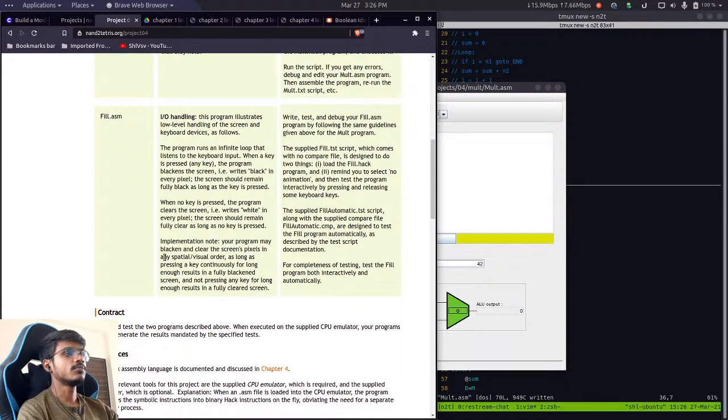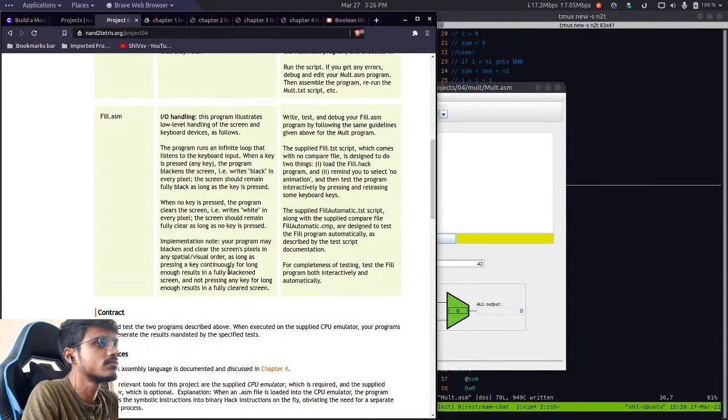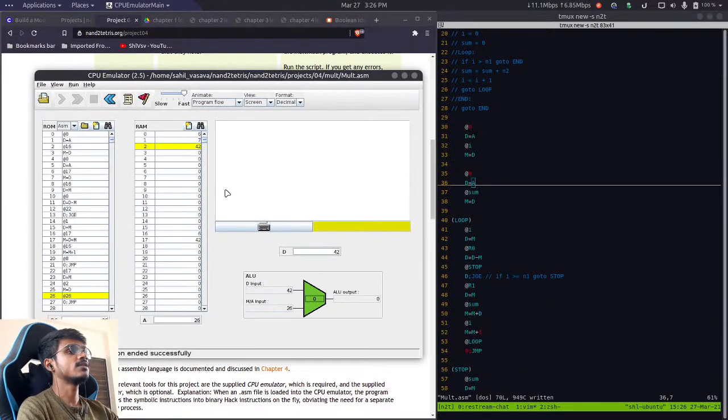Implementation note: your program may blacken and clear the screen in any spatial visual order as long as pressing the key continuously for long enough results in a fully blackened screen, and not pressing any key for long enough results in a fully cleared screen. Okay. So first we'll try to blacken the whole screen, and if that is successful, we will try to implement different kinds of patterns